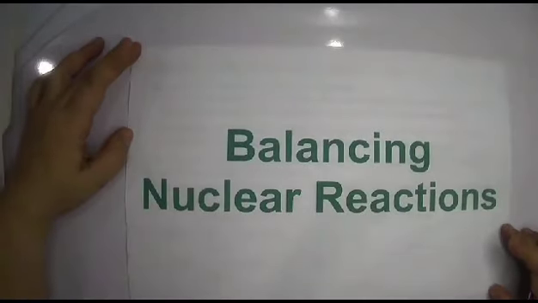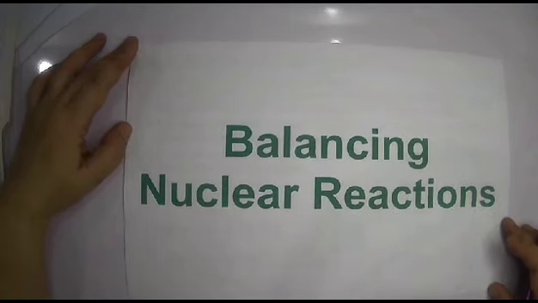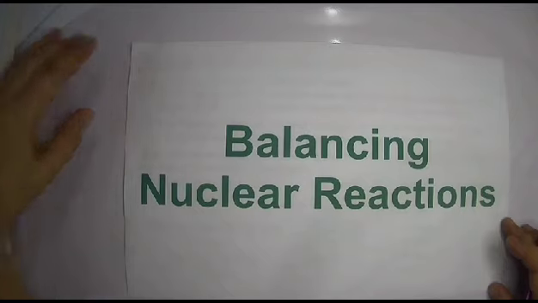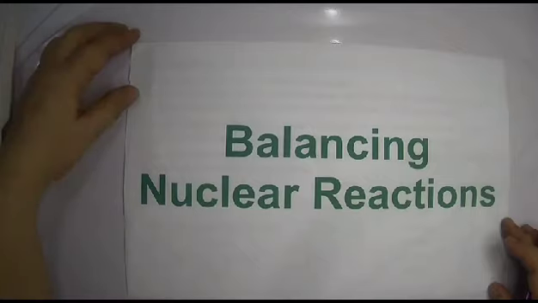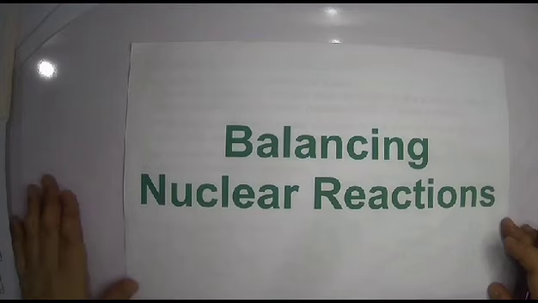We are back on our discussion, this time about nuclear chemistry. In this topic, we'll discuss balancing nuclear reactions. In our previous discussion, we compared chemical reactions with nuclear reactions. We discussed that a chemical reaction occurs when bonds are broken, whereas a nuclear reaction occurs when nuclei emit